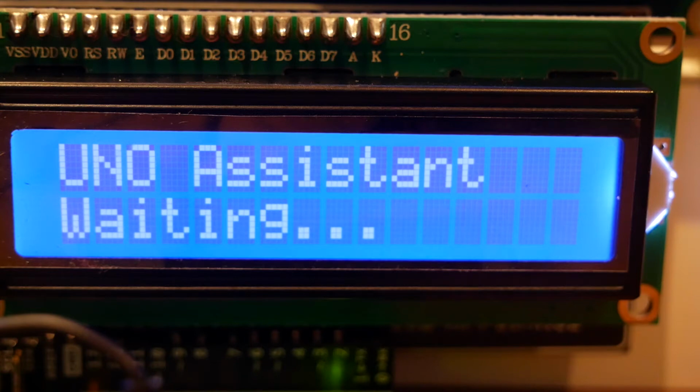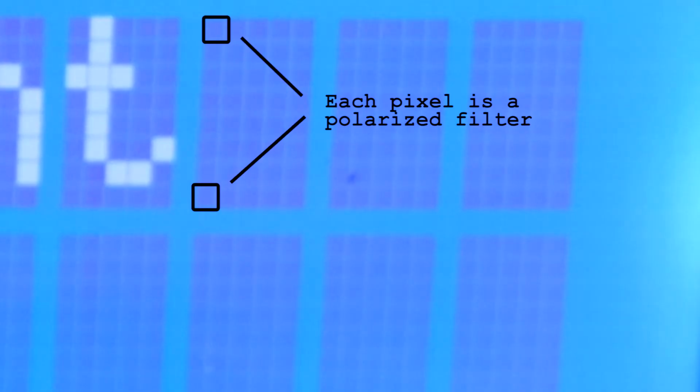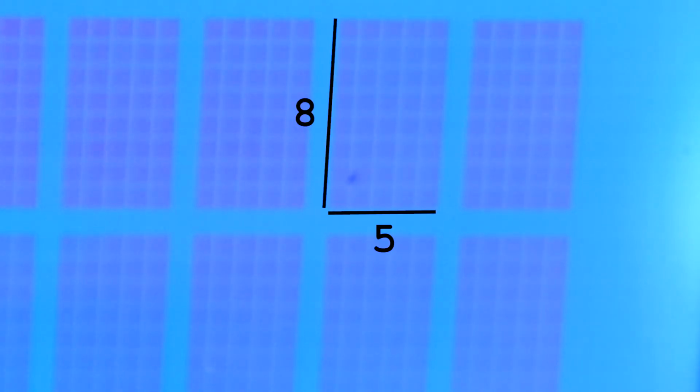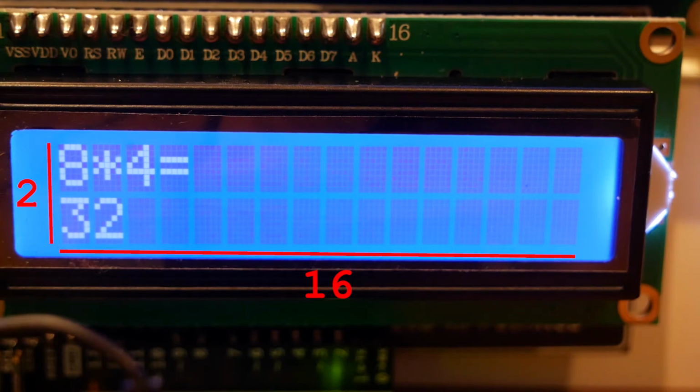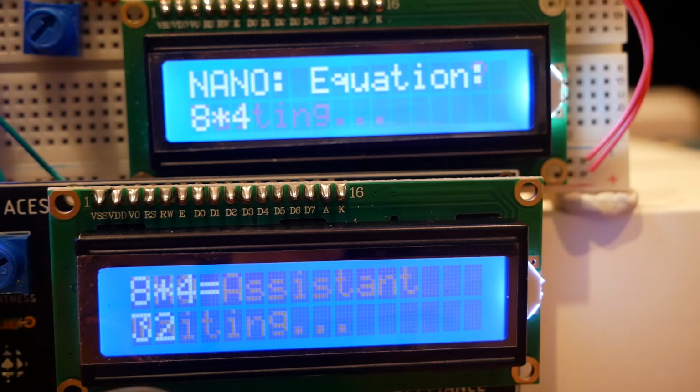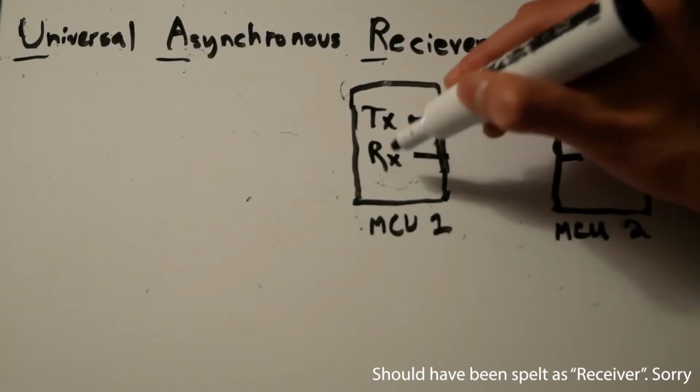To show equations and answers, a liquid crystal display, or LCD for short, is used, which consists of a backlight and a number of polarized filters to block the backlight or to let light through when rotated in certain directions by liquid crystals. These filters are present in 5x8 rectangles laid out in a 16x2 formation to display words and mathematical expressions communicated from the Nano to the UNO using UART, which involves wired communication through RX and TX pins